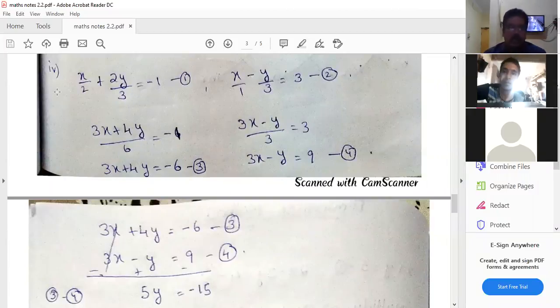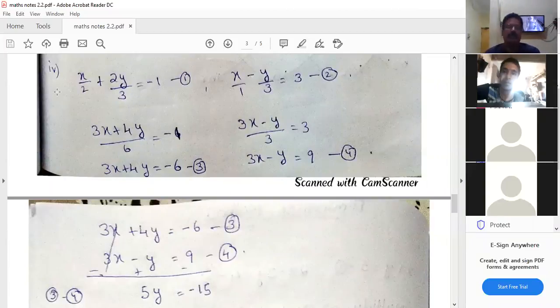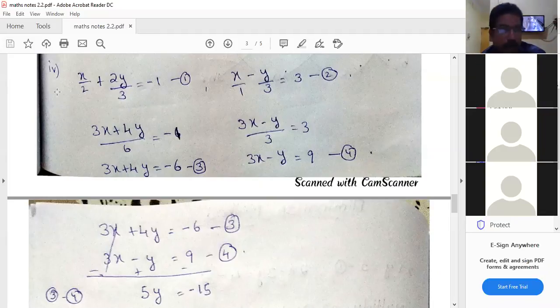If completed, I can scroll upward a little bit, to the next part. Is it audible to you all? All are there? Unmute. Yes, sir. Okay, very good. Write down. Good.